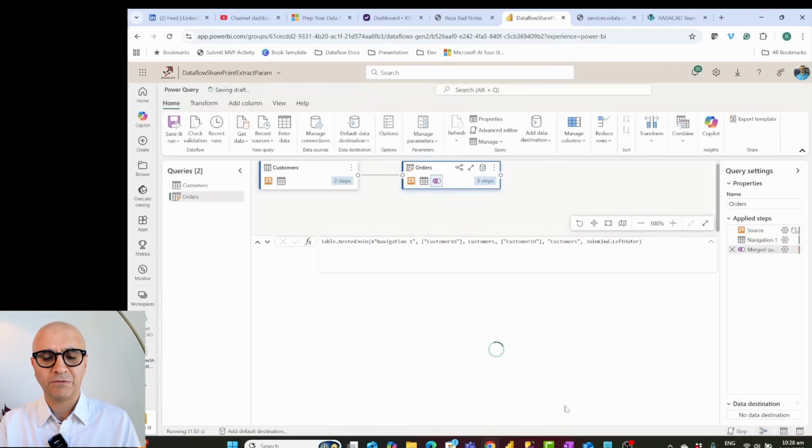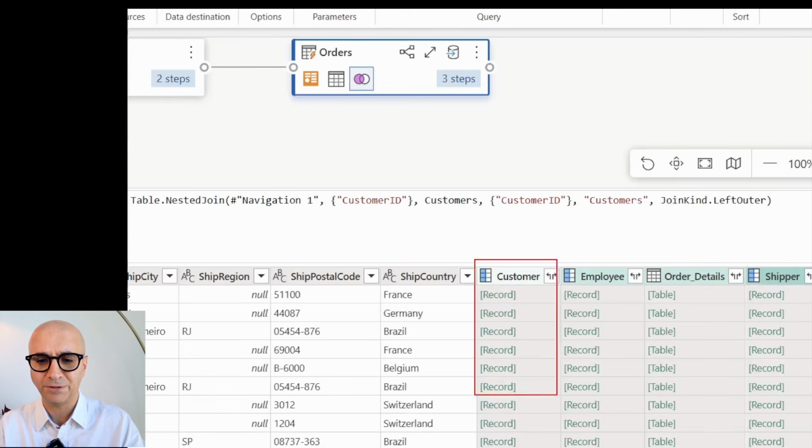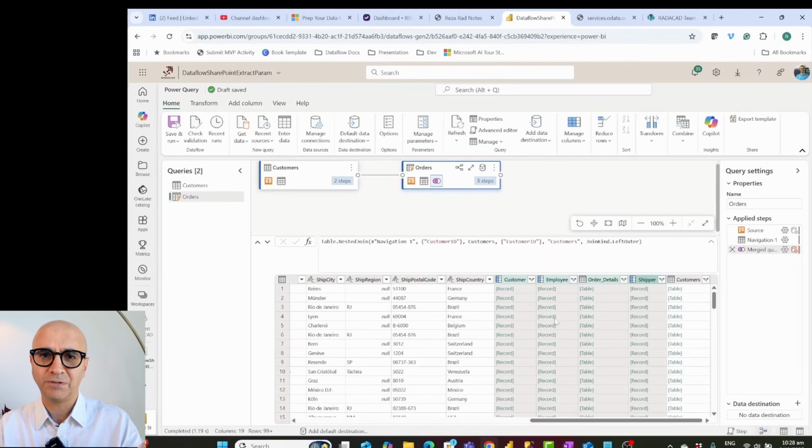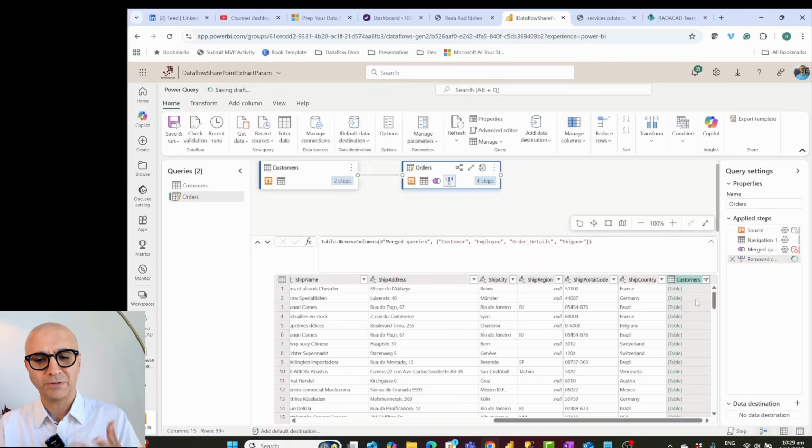Merge it. The result of the merge would come as another column like this. I'm going to remove those. As you can see, there was a customer column before. This is generated by what we call relationship columns. I'm not interested in showing you those. They would give you the same output, but because I wanted to show you how merge works, I just